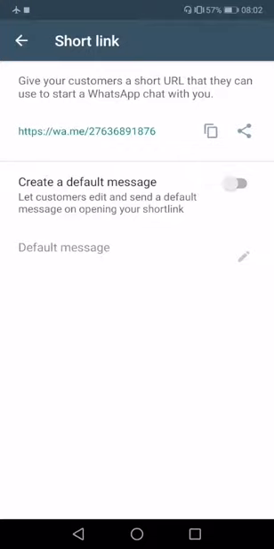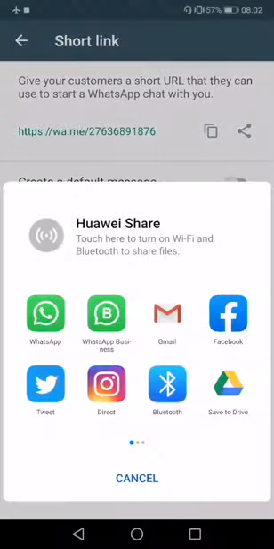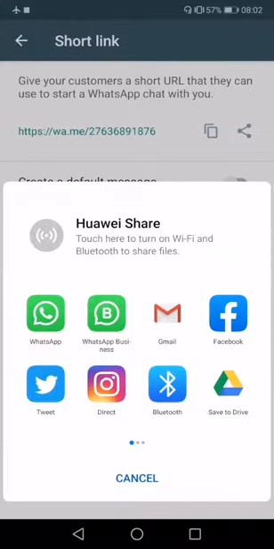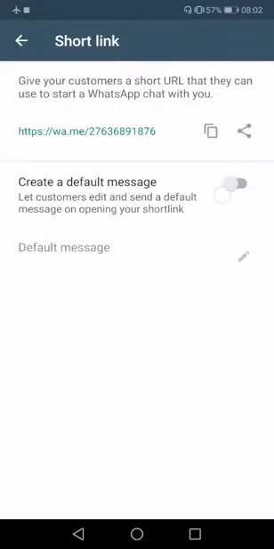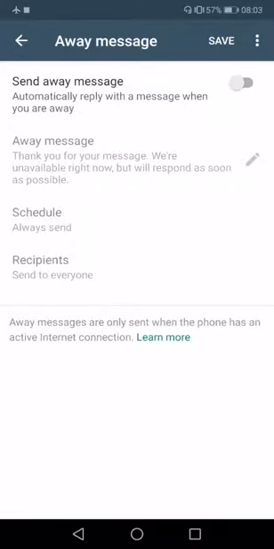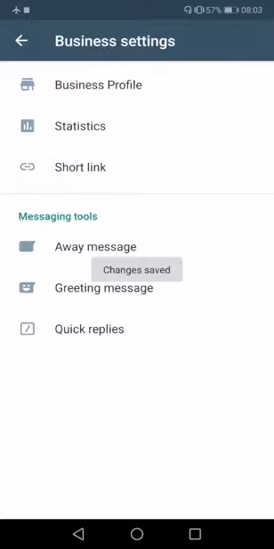You can even do this on the personal one, but we're trying to move away from personal WhatsApp because we're trying to run businesses. And so the other thing that you can do, you can share. You can share your WhatsApp in the group or wherever you want to share it with this link. And you can also create a default message that will let your customer know when they open your WhatsApp for Business. So it's quite cool. The other thing that I wanted to show you, you can also show them that you're away and write a message, let them know you're away, you're going to be back, this and this, like you're running a professional business. People know what's going on when they WhatsApp you.